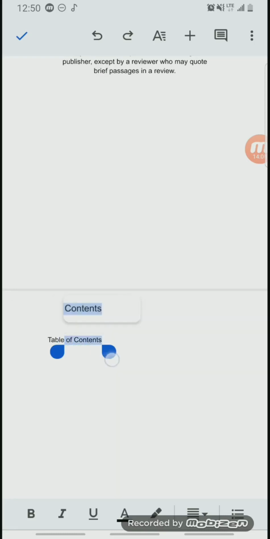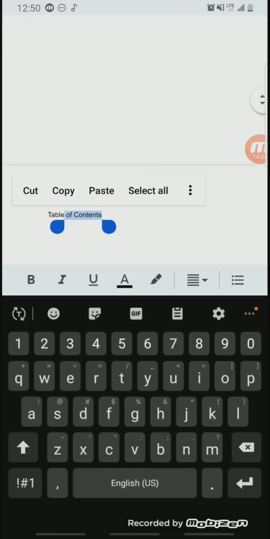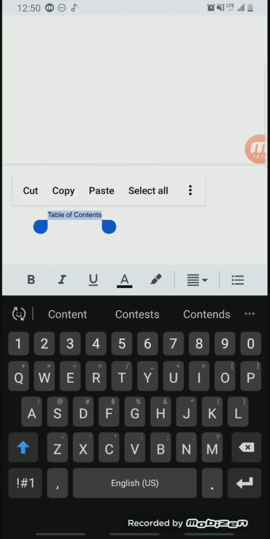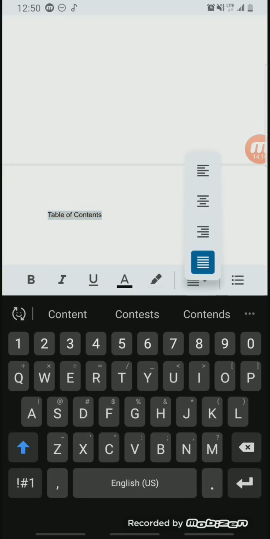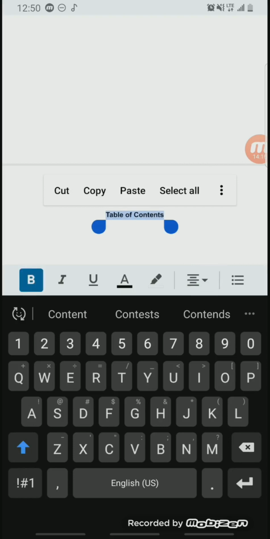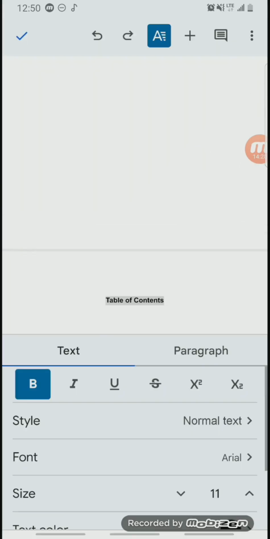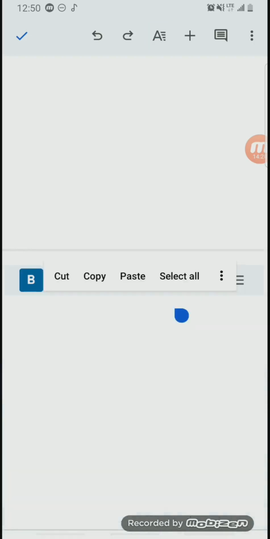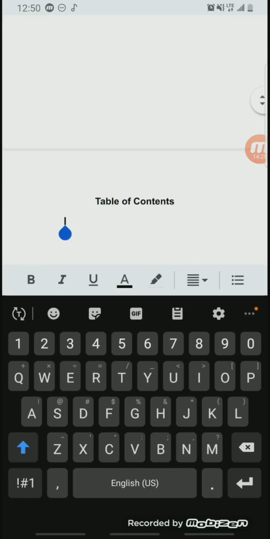So we highlight our table of content where it's written table of content, then we centralize it like I showed you earlier. You click here and click centralize, then you hold it, you come here and increase the size of the writing of table of content. You increase the size a little bit, let's say 15. Okay, so